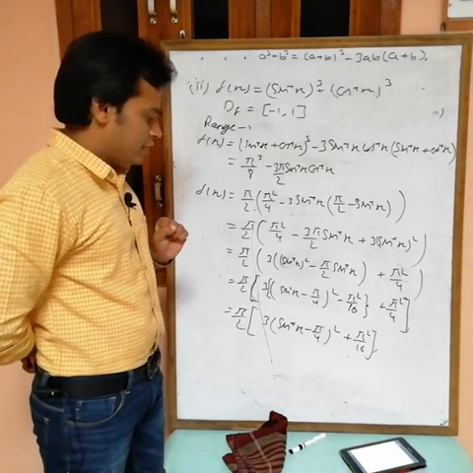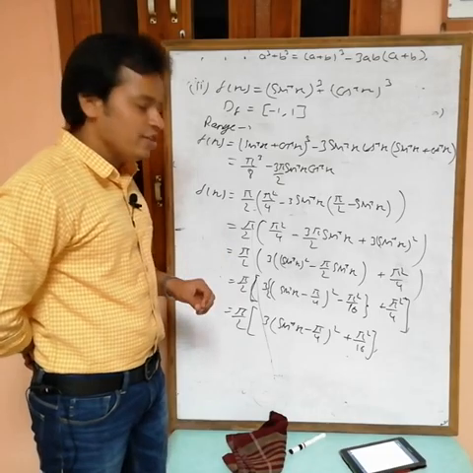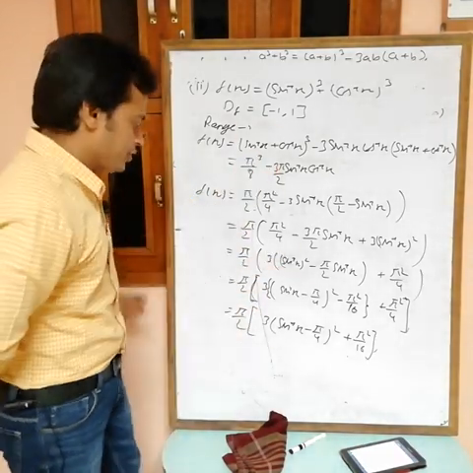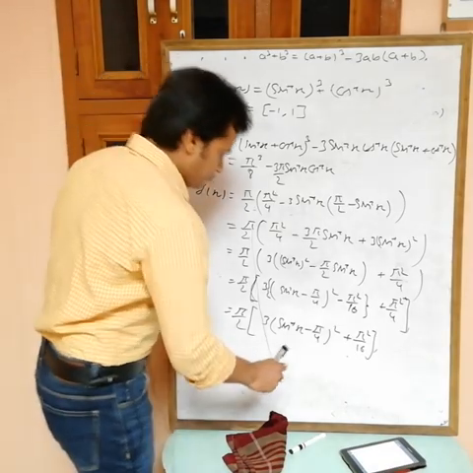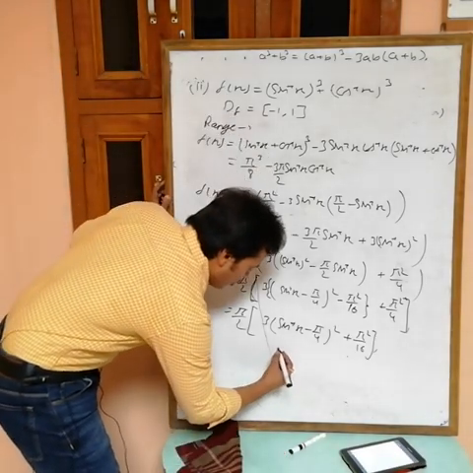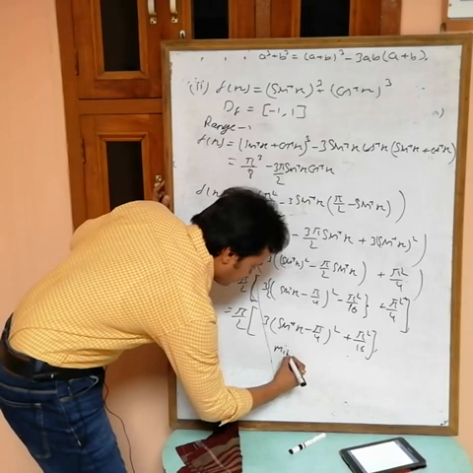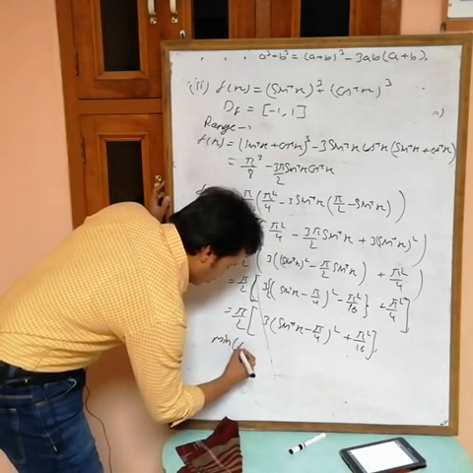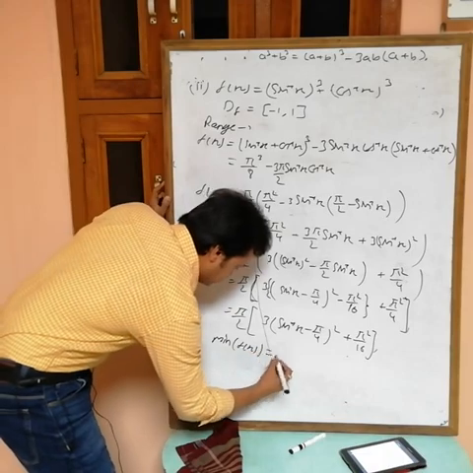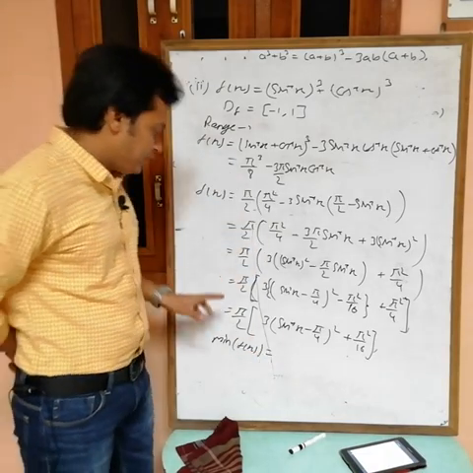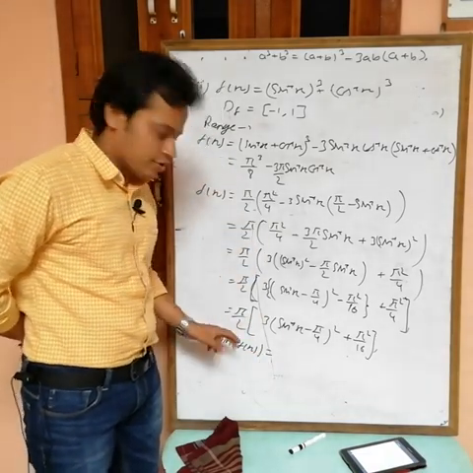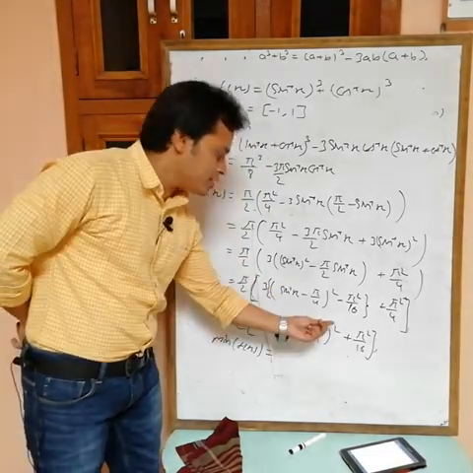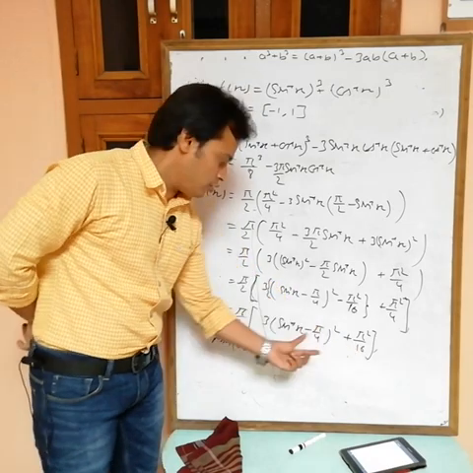Now what do you want? Range. Okay. So just find the minimum and maximum value. Range means minimum to maximum. Now see, minimum value of f(x). When will this be minimum? See, this one is constant. This complete value will be minimum when the square is minimum, because you can't change this one. You can only change this one.